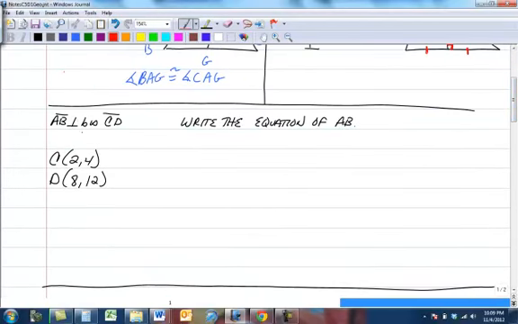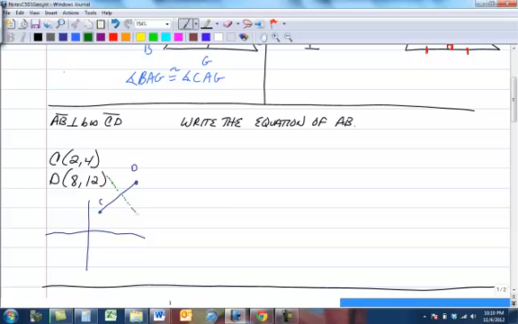AB is the perpendicular bisector of CD. Write the equation of AB. So here's the thing. CD doesn't even matter where it's at. But, tell you what, since we got these two points, (2, 4) is where C is. (8, 12) is where D is. This is CD. It says that AB is a perpendicular bisector to CD, which means that AB is something